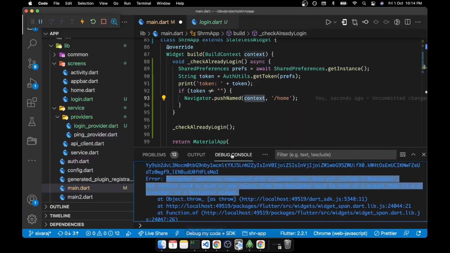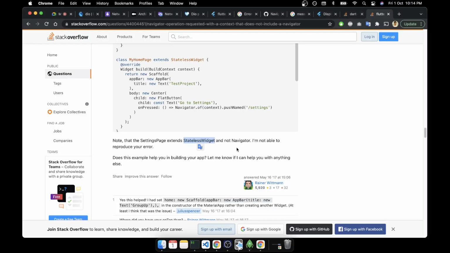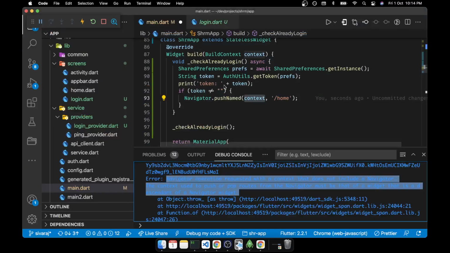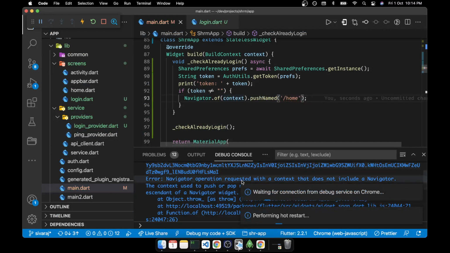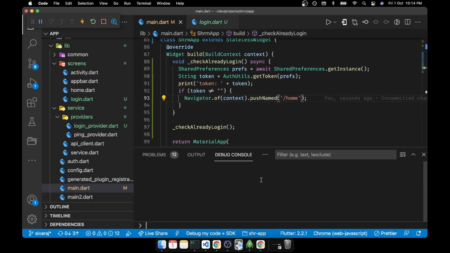Here what are we using? Are we using Navigator.pushNamed? So here we can use Navigator.of(context). We'll try to use it, then we'll change into this one. Maybe it might work.